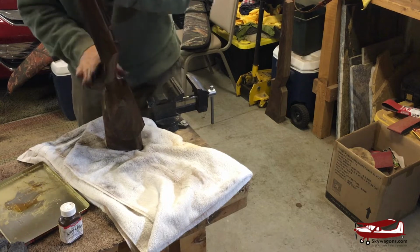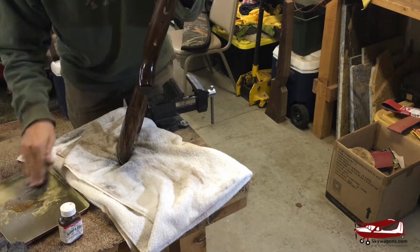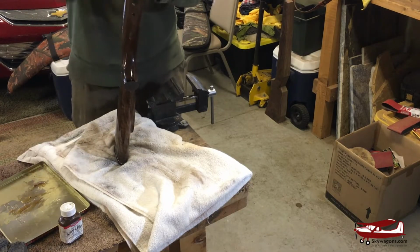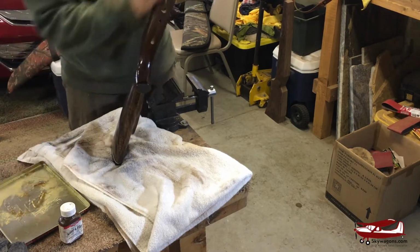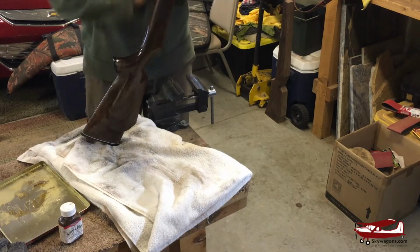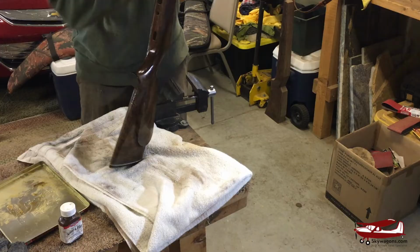But right now we're just making this into a sticky mess on purpose because you want to pack it into the grain. It's terrible now, but at the end when it's sanded off flat, you see how shiny it is? It's perfect. So rather than bore you with this while I carry on for the next 10 minutes,